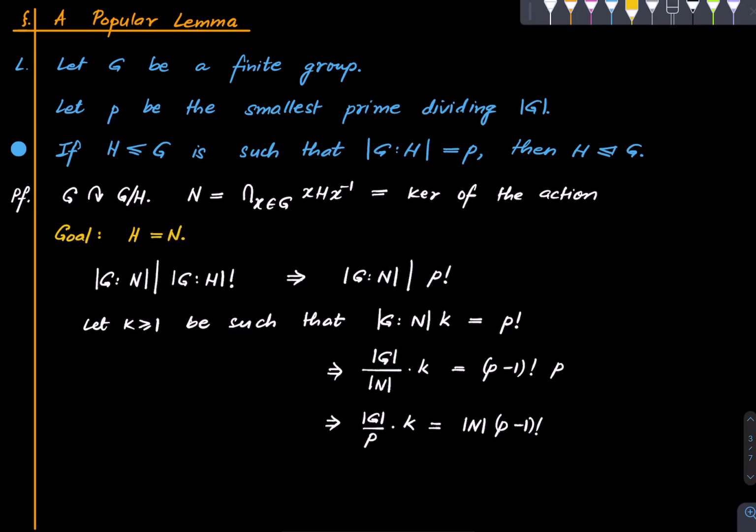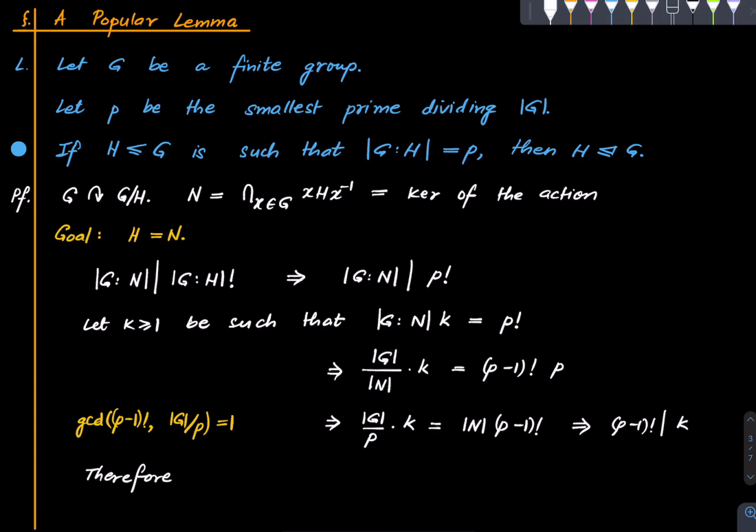So I do not want to write all that. Let me just write the conclusion of what I just said: the GCD of p minus 1 factorial with this number is 1. So this we just argued, and hence this implies that p minus 1 factorial divides k. Right? If this guy divides the product of two numbers and is relatively prime to one of them, then it has to divide the second one. Okay, so maybe this implication I'll write here. So we have that implication, and therefore